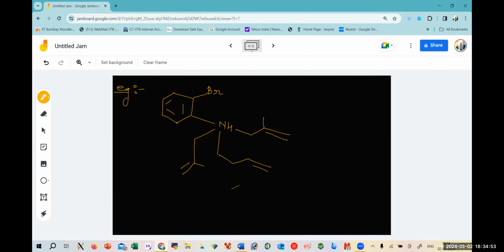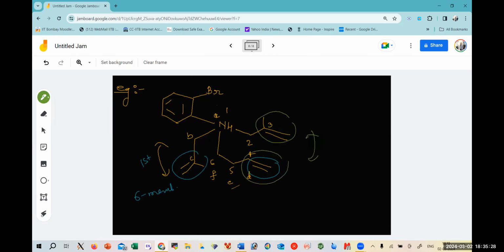So if you just see 1, 2, 3, 4, 5, and 6. If I go this way, 1, A, B, C, D, E, and F. This side also, if you form these two moieties, this moiety and this moiety, that would give you a six-membered ring. Similarly, if we go this side, this alkene and this alkene, that is also going to give you a six-membered ring. So both ways we are going to form a similar ring, and only one would be the exclusive